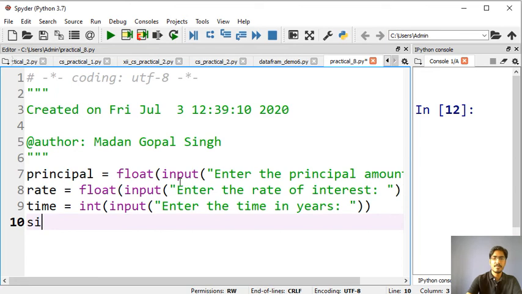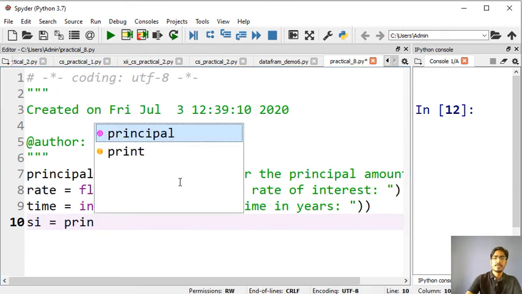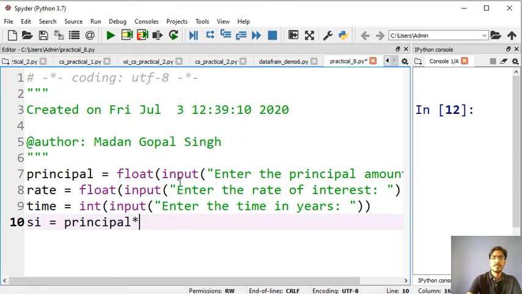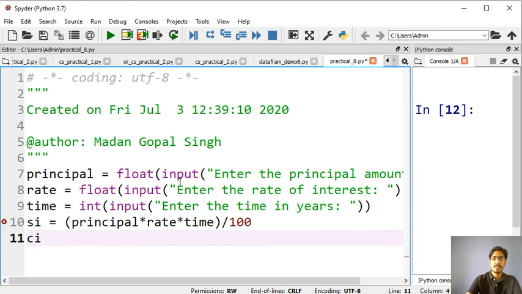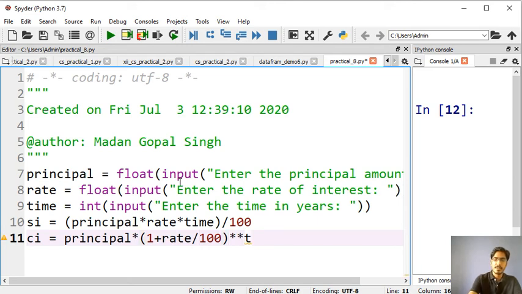Now we will calculate the simple interest by applying the formula principal into rate into time, close it in some bracket, and then we will divide it by 100. Similarly, CI equals to principal amount into 1 plus rate divided by 100, then star t, because t is in the power.